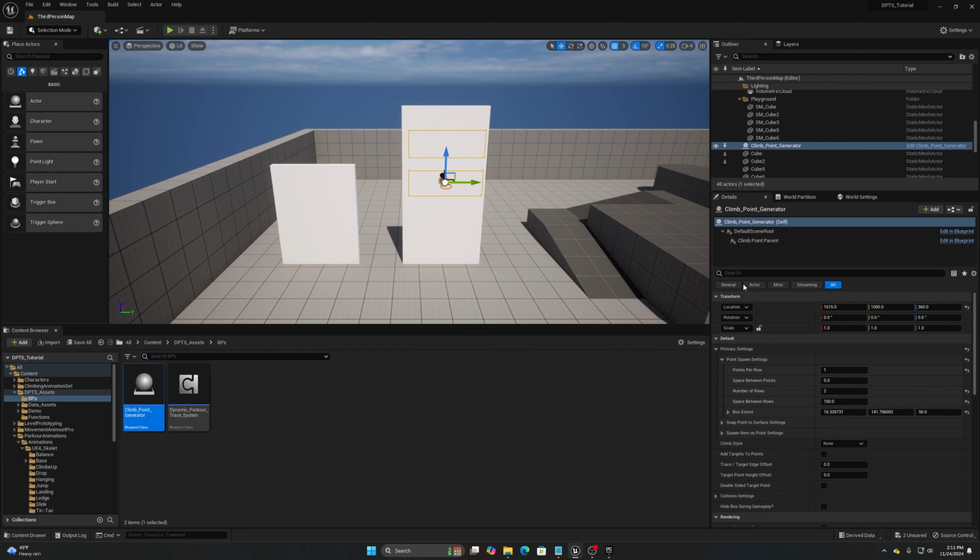Now, if we go back into the default settings here, you're going to see climb style right in the middle. Right now it's defaulted to none, so we're going to set this to ledge instead. What this is doing is setting the overall climb style that's intended for this particular actor point. What this essentially means in more simplistic terms is whatever you set this to is going to basically